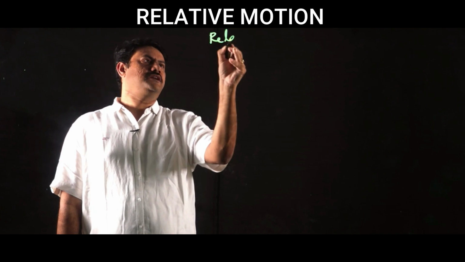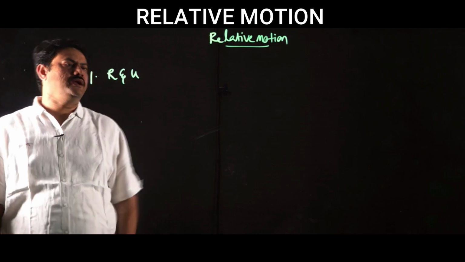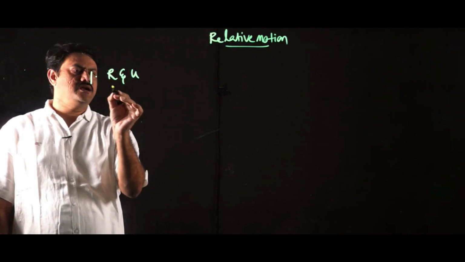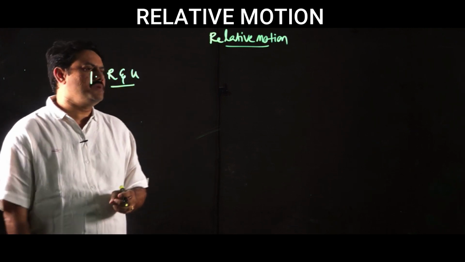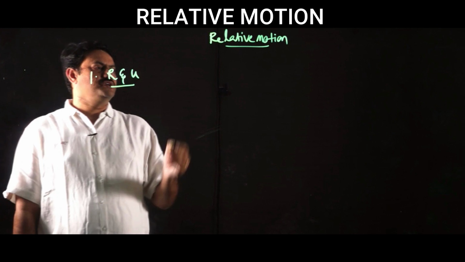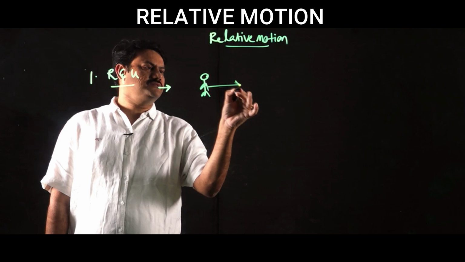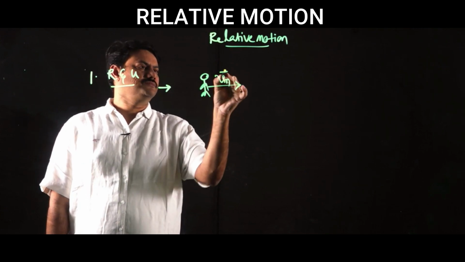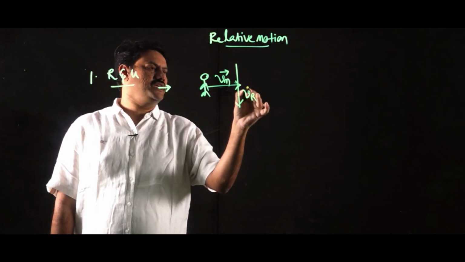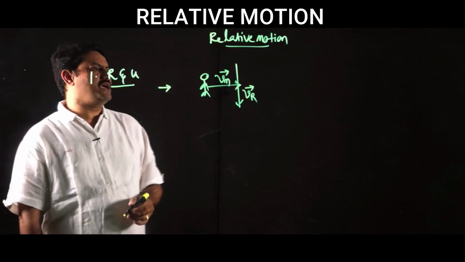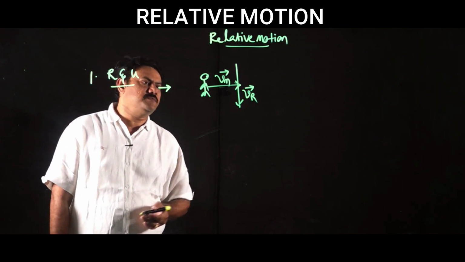Next subtopic, relative motion. In this relative motion, the first one is rain and umbrella problems. In the rain and umbrella problems, many different cases are there. To solve rain and umbrella problems, we can use vector notation. So in the first situation, suppose a man is moving in the positive x direction, velocity of the man, and rain falls vertically downward, velocity of the rain. If you want to calculate the position of the umbrella, that is the resultant velocity of the rain with respect to the man.